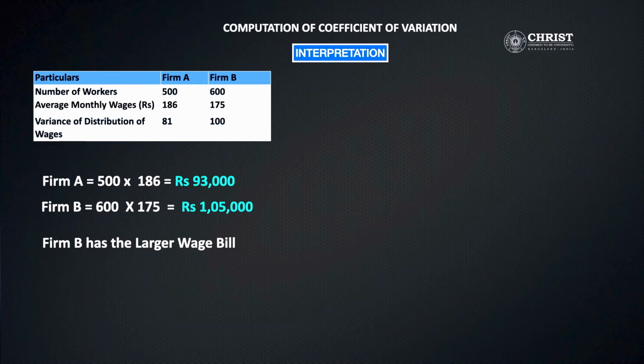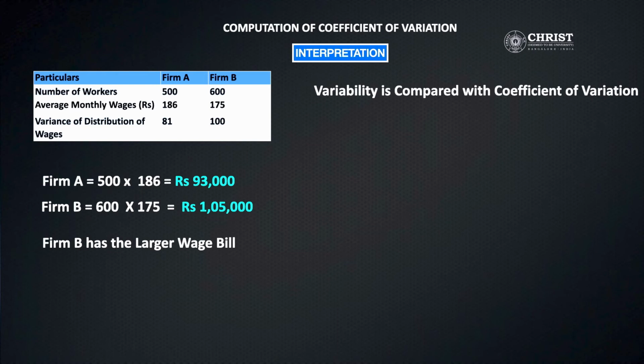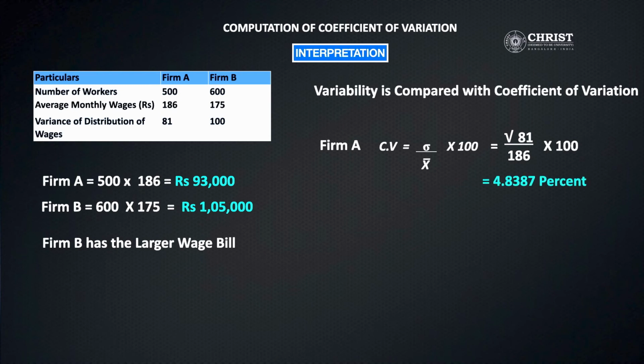Now for the second question, variability is compared using the coefficient of variation. So CV is equal to standard deviation divided by x bar into 100. Variance is given, so the standard deviation is its square root. So root of 81 divided by 186 into 100, that is 4.8387%. For firm B it is root of 100 divided by 175 into 100,